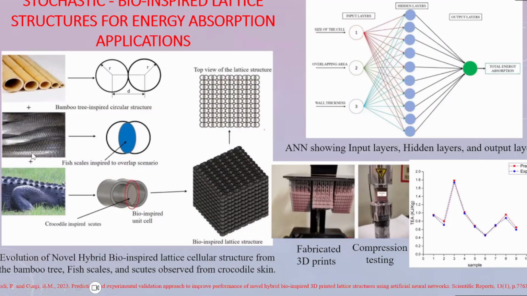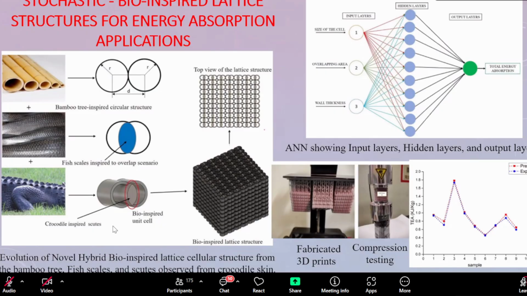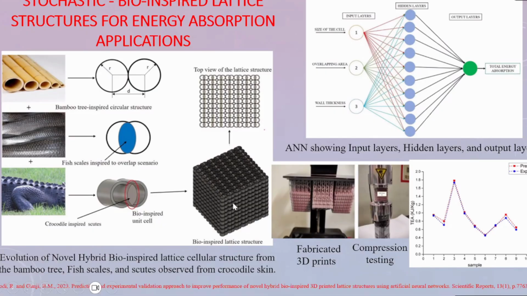And then the fish scales, the surface of the fish. You can take inspiration for the lattice structure from that. And then the crocodile surface. If you go and look at the surface in depth under microscopy, you can see this kind of structure. So we can combine everything into one unit lattice structure, and then we can print it. You can do some compression tests to see how much the load varies and everything, and you can also do some